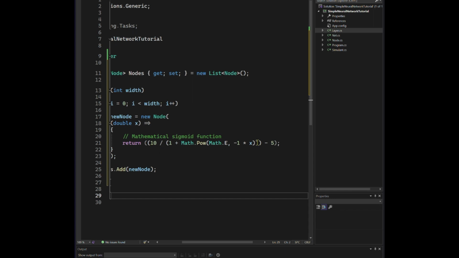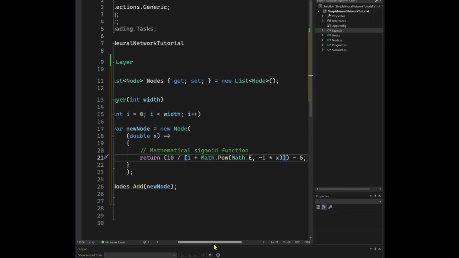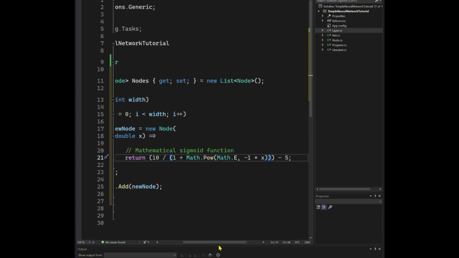Return, and then you can do your parentheses. I guess I don't need this parenthesis here. I always like to add extra parentheses, more than I need usually. Maybe I'll zoom in on that a little bit. Take your time typing that out. Okay,